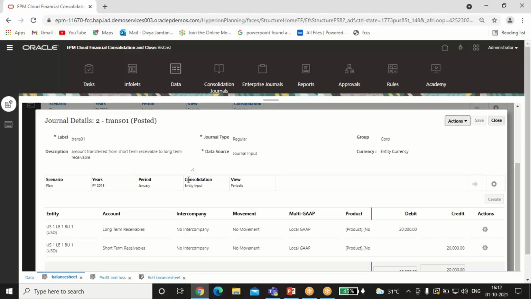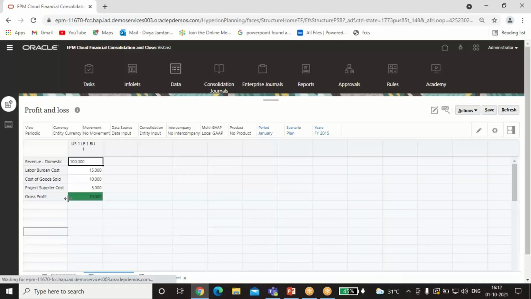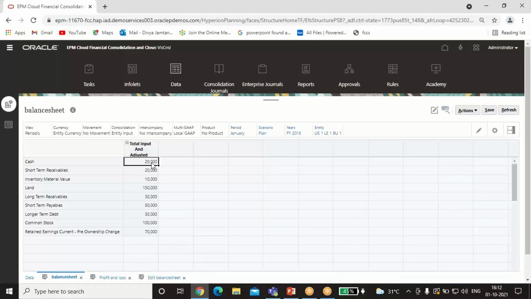Okay, so this is the way you pass the entries, or how you can perform an action being on the same page itself with the help of action menus. You do not have to hop from one page to another page, or perform many lengthy processes. You can just simplify your process by activating the action menu.